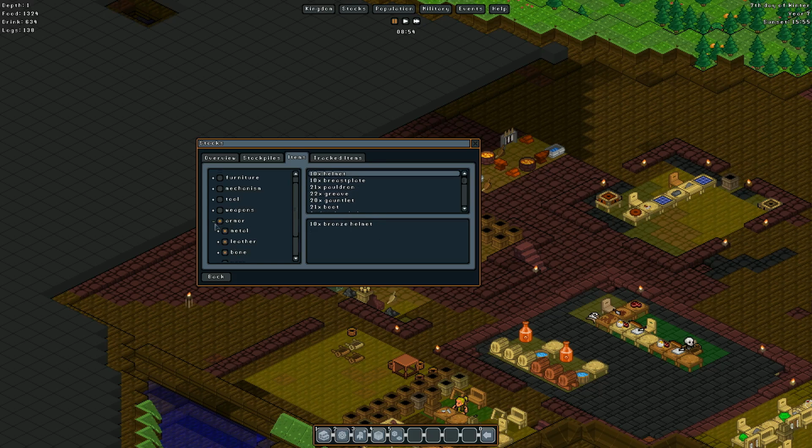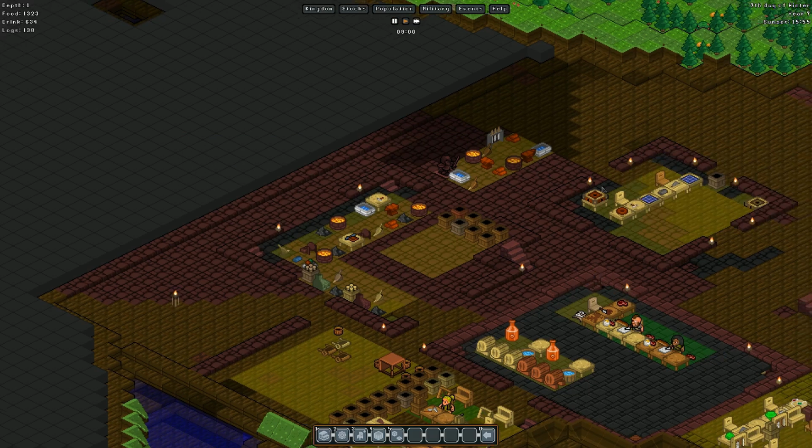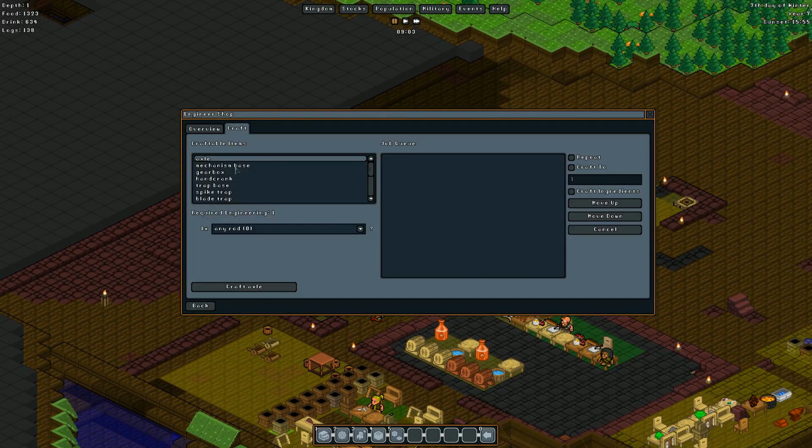Let's see. Now, we were on weapons. Yeah, there we go. Weapons, sword, shield. Yeah, I don't know how we still have some of those. Copper crossbow. We could probably stand to make some new crossbows. That wouldn't be a bad idea. Haft, sword build, blah, blah, blah. Okay, let's go ahead and tell them to make some